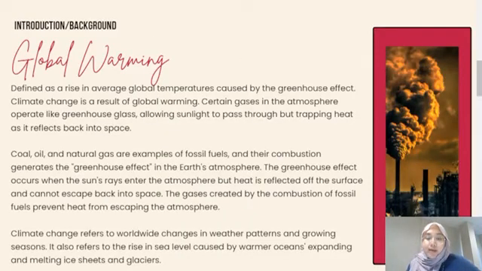So the background and introduction of global warming is that Svante Arrhenius, a Swedish physicist, predicted in 1896 in a fundamental work that changes in atmospheric carbon dioxide levels might significantly influence surface temperature via the greenhouse effect. In 1938, Guy Callender established the link between carbon dioxide levels in the Earth's atmosphere and global warming. So, what's global warming? It is defined as a rise in the average global temperature caused by the greenhouse effect.